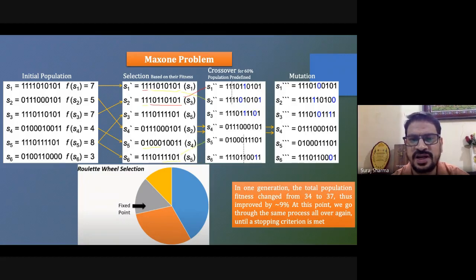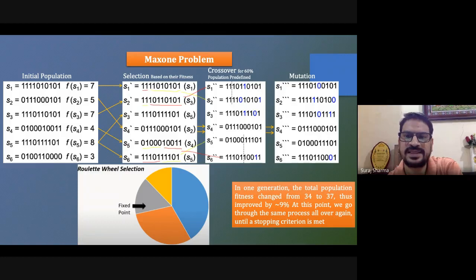This will be generated by this and this, and after that we use these 5 genes and these 5 genes to generate this chromosome. So this is how the crossover works.